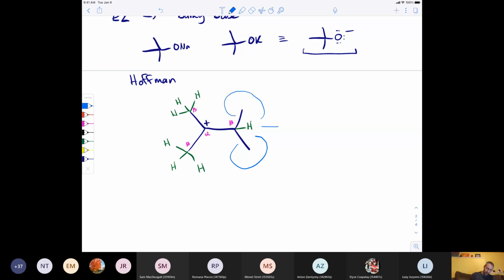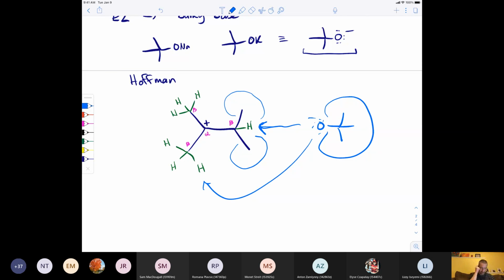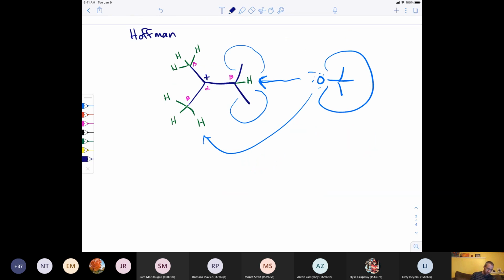That hydrogen right there is kind of tucked away, surrounded by these big methyl groups. So if you have a base that's also big, it has a difficult time accessing hydrogens that are buried in like that. Instead, it'll go for these ones that are hanging out in the breeze, very exposed, very easy to grab. So a bulky base will give you this product as major,